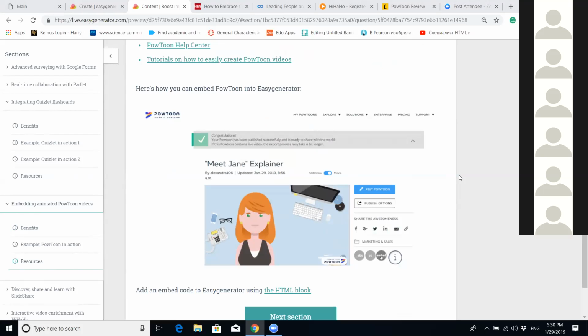I see one about Animator. Our customers had experience with another tool like that, and the subscription was needed. So PowToon, there is a free version of PowToon, and you can still use the embed code there and embed it into Easygenerator, but you will lack some of quite nice features if you do not have a subscription, like for example these cartoon characters, they can only be used if you have a paid plan,